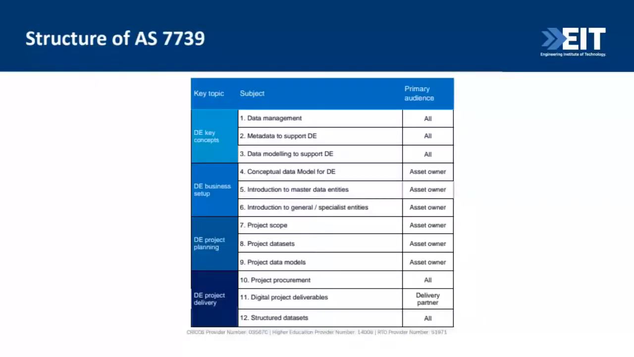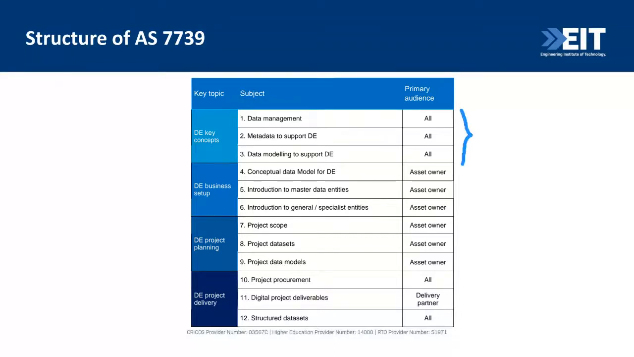So what are the key structure and key topics in the AS 7739? We have developed till now the key concepts, data management. For example, the audience is everyone in the railway sector. We have metadata to support digital engineering and also data modeling. All have been covered till now in part 1 of the